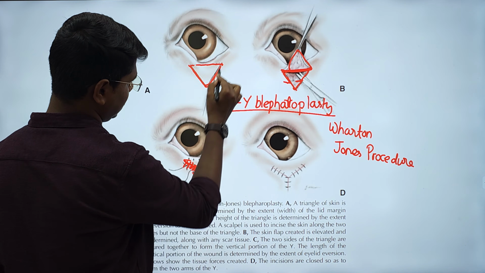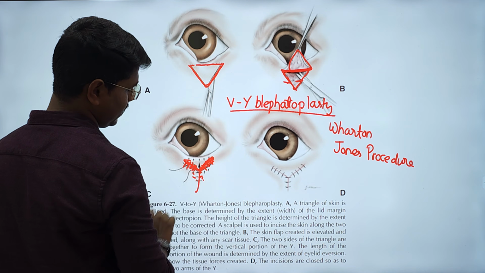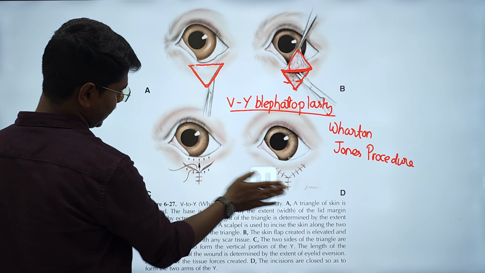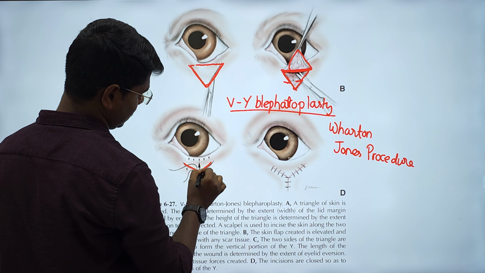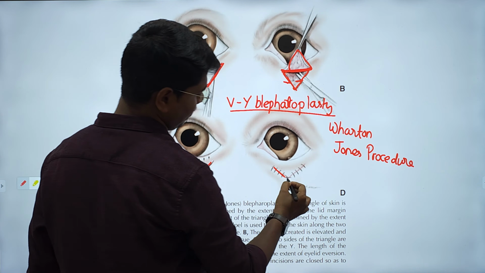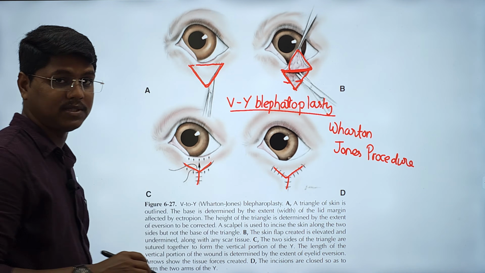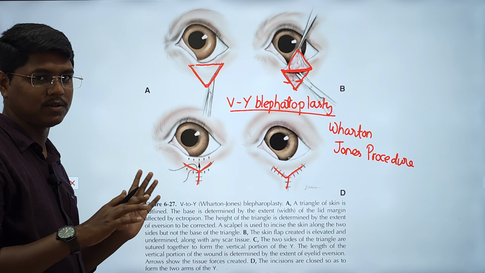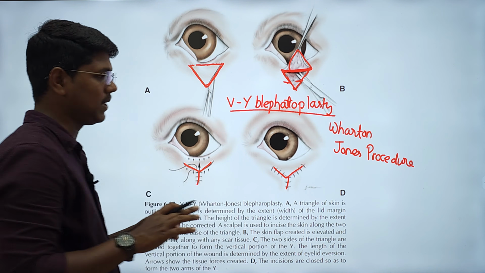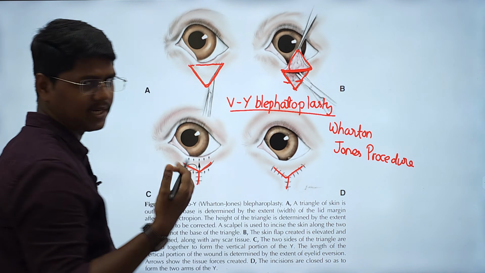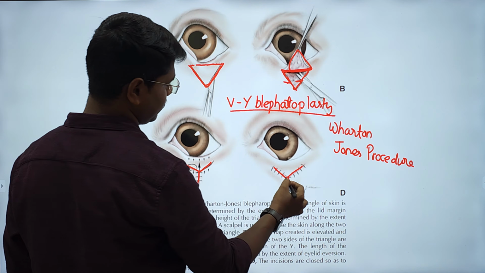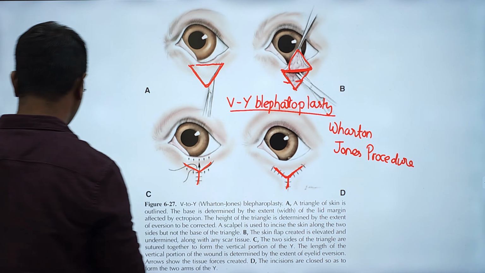So this is V to Y blepharoplasty, like this one, V to Y. Remember the suture is usually 6-0, 7-0, 5-0 like this, not the 0, 1, 2. Okay. The eye is very delicate. Okay, so this is V to Y. Why? For the correction of